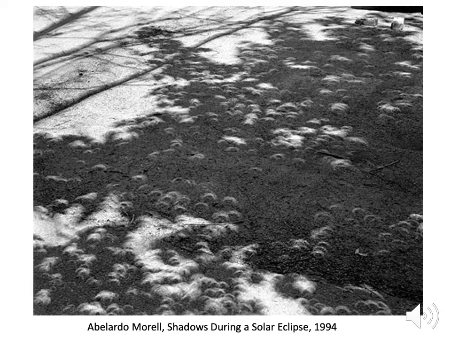So fast forward to Aristotle in 300 BC. What he did was, instead of looking directly at an eclipsed sun, which could damage your eyes, the Greek philosopher Aristotle observed a crescent shape projected onto the ground. He noted that sunlight traveling through small openings between, let's say, the leaves of a tree, the openings of a piece of wicker, or even interlaced fingers will create circular patterns of light onto the ground. Now here we see a more modern picture of this. This is shadows during a solar eclipse made in 1994.